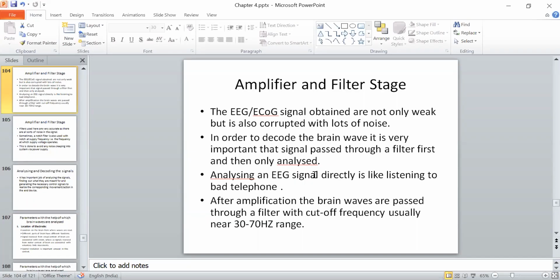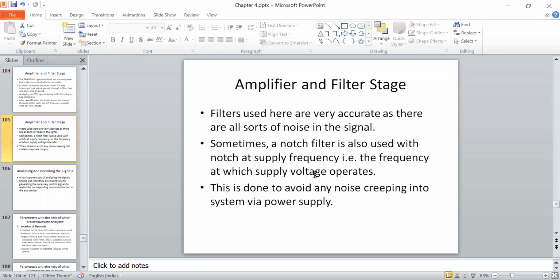Usually we will use a notch filter in the case of BMI interface which works on the power supply voltage. ठीक है, तो ज़्यादातर हम इस केस में नॉच फिल्टर यूज़ करते हैं जिसकी कट ऑफ फ्रिक्वेंसी यू कैन से 30 to 70 हर्ट्ज के आसपास होती है। ये हमारी पावर सप्लाई की फ्रिक्वेंसी होती है, तो हम इसी फ्रिक्वेंसी पे नॉच फिल्टर को यूज़ कर रहे होते हैं। Why we use it at the power supply frequency, so that we can avoid any noise which is creeping into the system via the power supply.